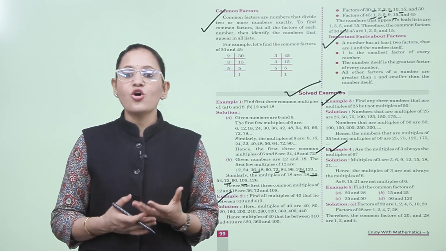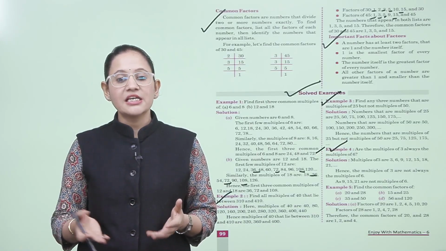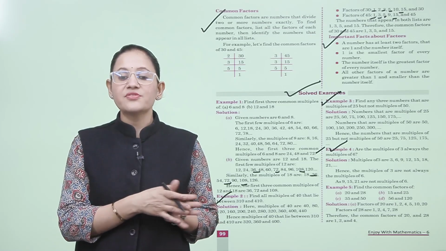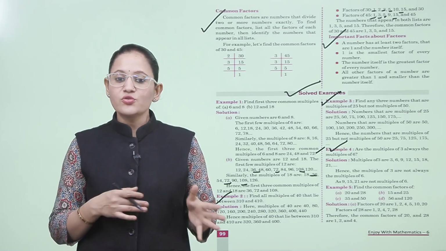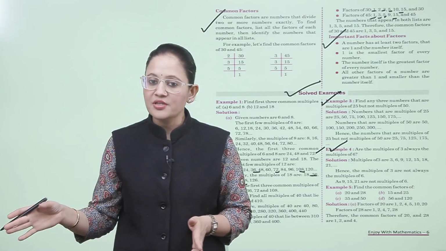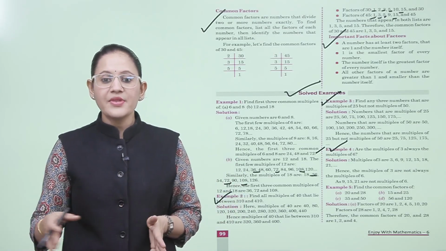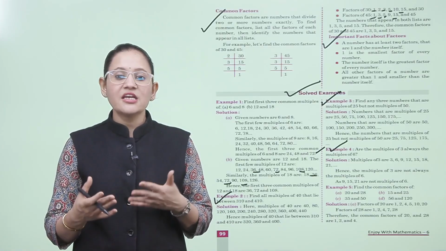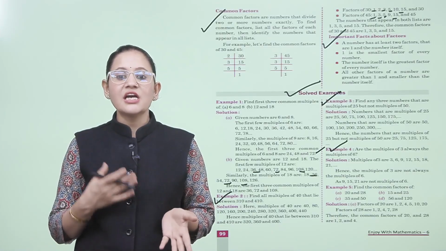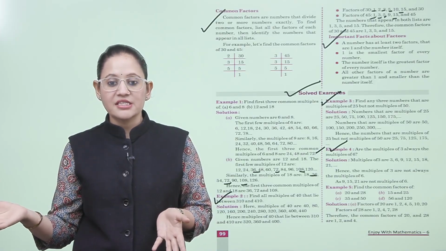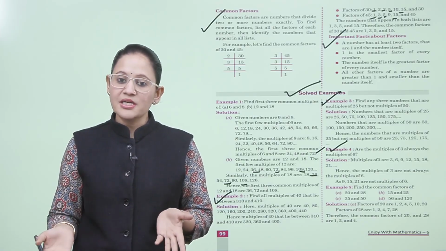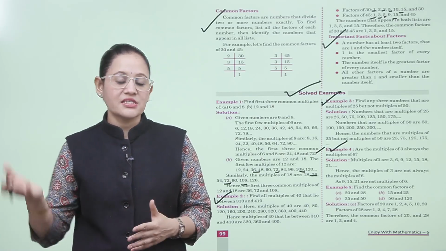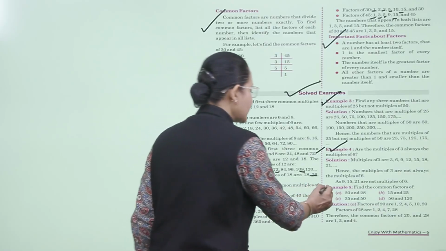Are multiples of 3 always multiples of 6? Is it necessary that all the multiples of 3 are always multiples of 6? So to find the solution, we'll find out all the multiples of 3, clear? And find out all the multiples of 6. We'll see that the multiples of 3 are not always multiples of 6. As 9 is not a multiple of 6, 15 is not a multiple of 6, 21 is not a multiple of 6. Clear? Next example,